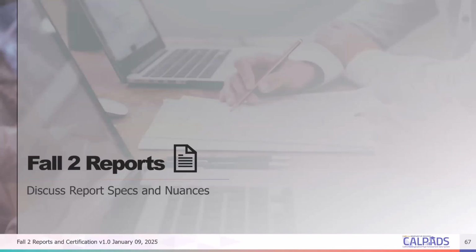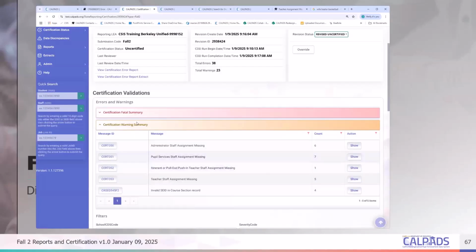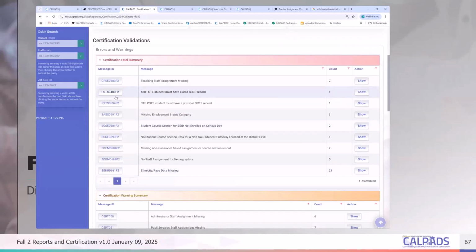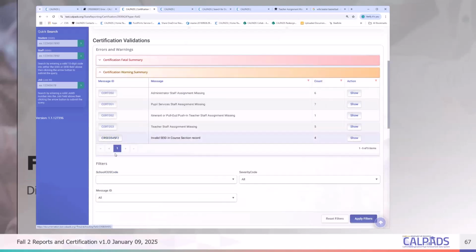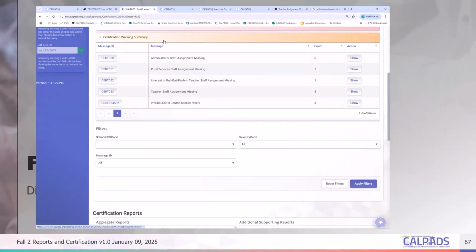And then there was a question about warnings. So if you are on the certification status screen, I guess I could just show you what I'm talking about. You have your fatal errors, which are all now DDs, and then you do have warnings, the warnings in this yellow tab, which are still cert errors. They haven't been converted yet, and they're trying to figure out a way to convert these to DDs. The way they are processed, I think restricted this at one point, but I think they figured it out, so they may be working on it.